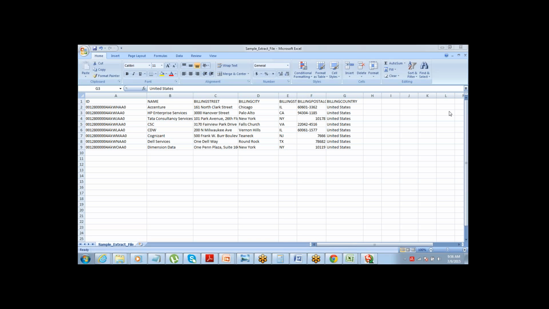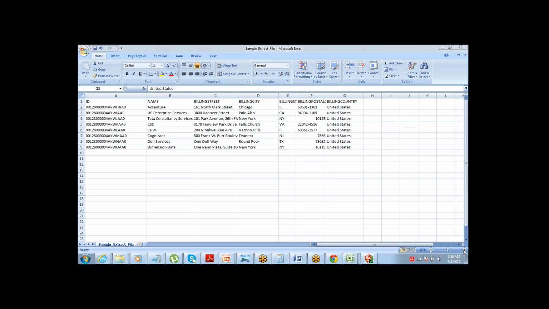I have a question. This data loader took about 30-40 seconds to retrieve 8 records. Say we have more records, what is the time that it takes? It will definitely take more than what it takes for this, but it will not take the time proportionately.